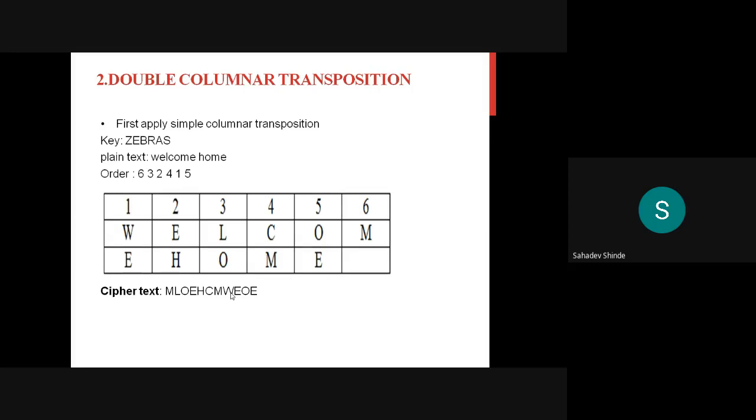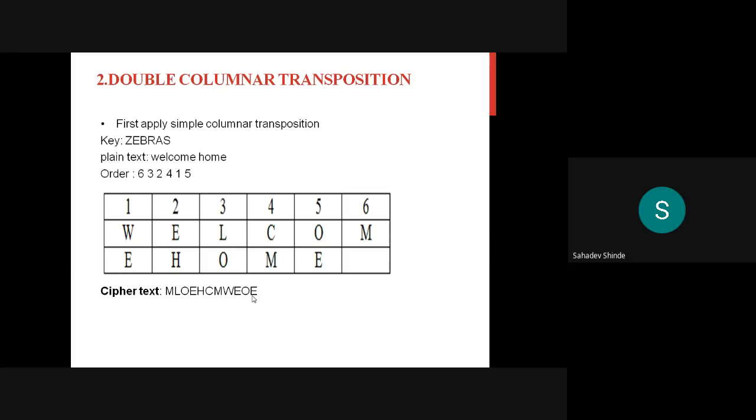For the cipher text, first we write the sixth column, M. After that the third column, L O. After the third column we have the second column, E H. After the second we have the fourth column, C M. After the fourth column we have the first, W E. After the first column we have the fifth column, O E. So we get the cipher text M L O E H C M W E O E. Like that we got the cipher text.